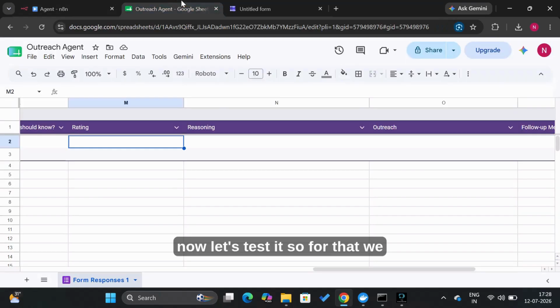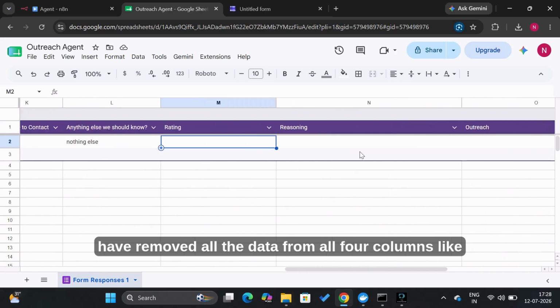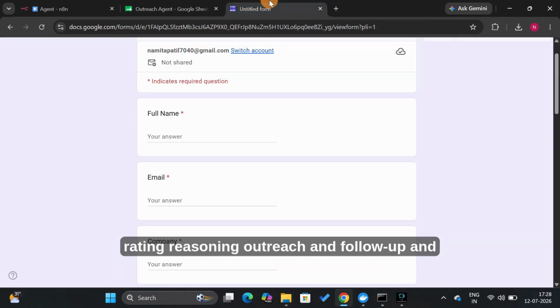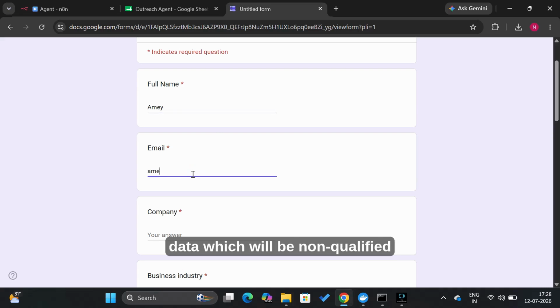So now let's test it. For that, we have removed all the data from all 4 columns: rating, reasoning, outreach, and follow-up. And we are also going to add one more data, trial data, which will be a non-qualified one.